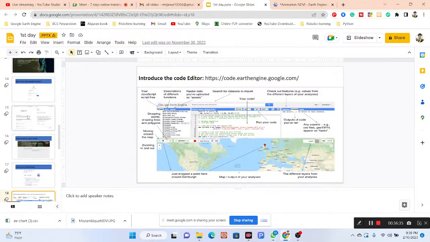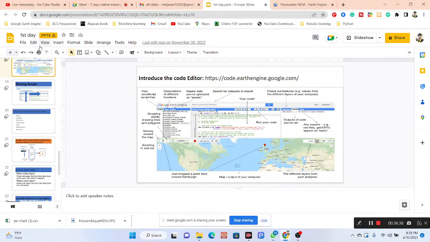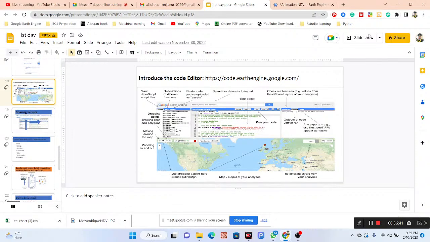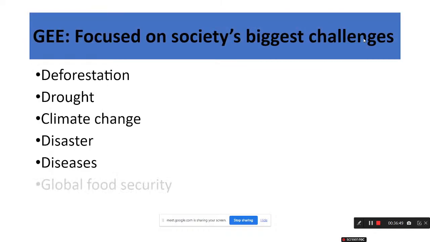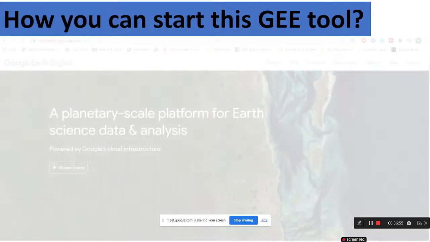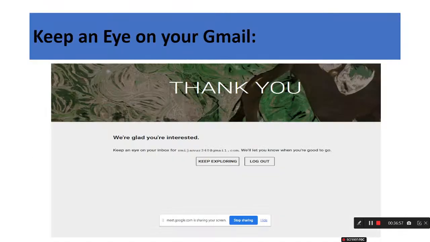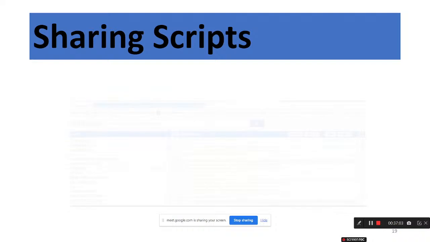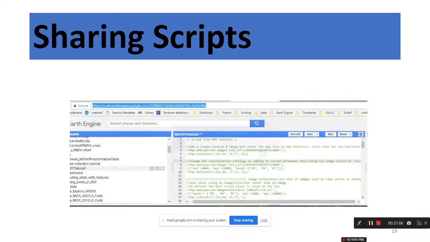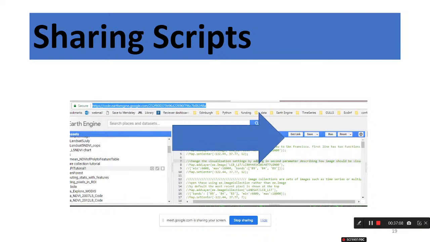Okay. So at this time, I simply go to the next slide. Sharing a script: when you want to share your script, simply click on the get link button, and after that simply click on copy this link. You can easily share this link with another person,